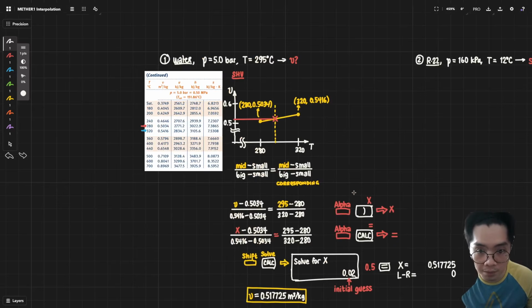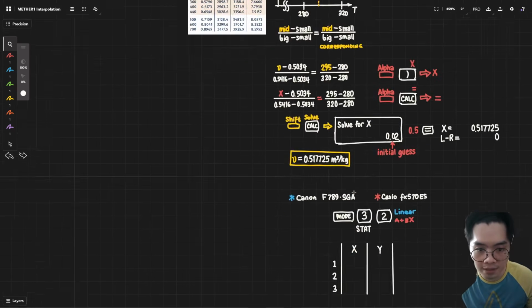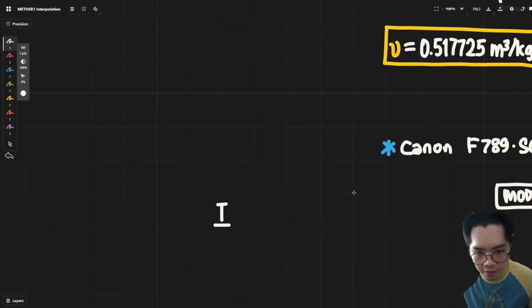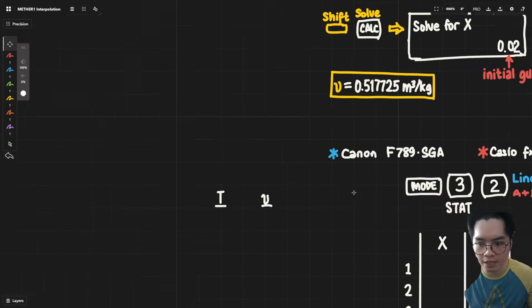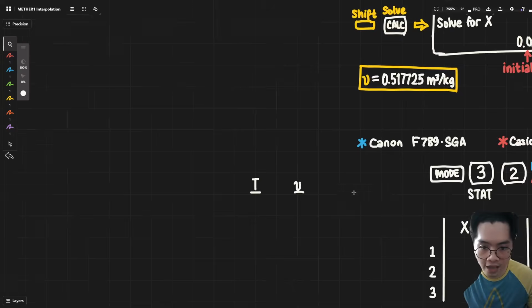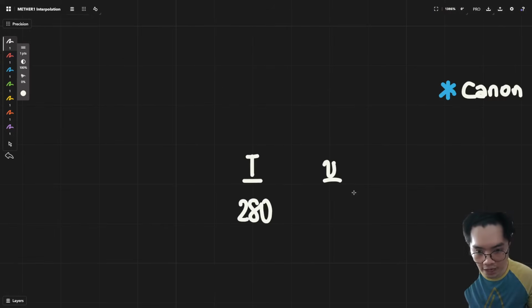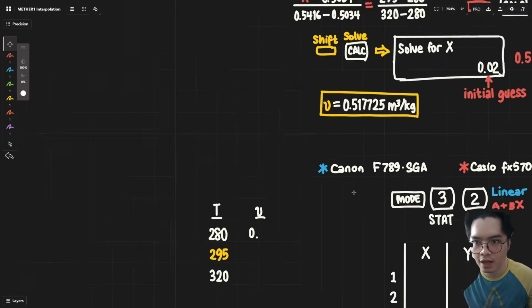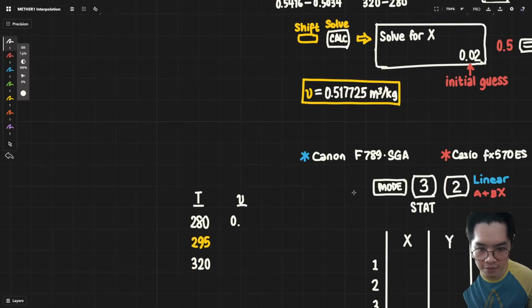What do we mean a table problem? I've probably done this in class already, but the temperature and the volume can be interchanged. Say, for example, you do it like this. For the temperature, you have a value of 280 and 320. What you want is basically the value for 295. And for V, you have here, what was that? 5034. And you have here